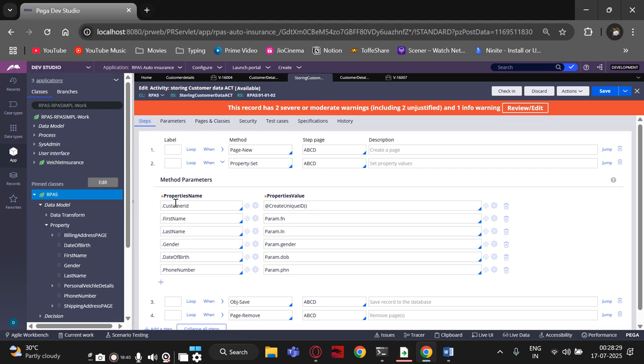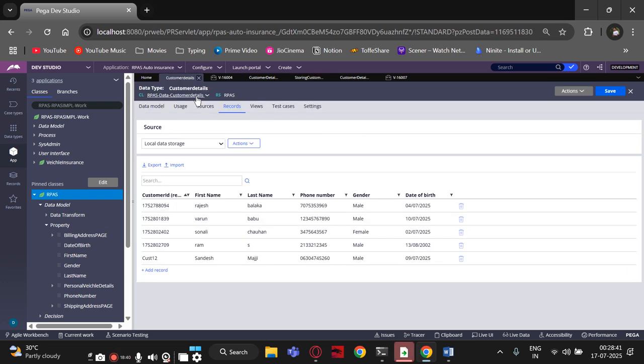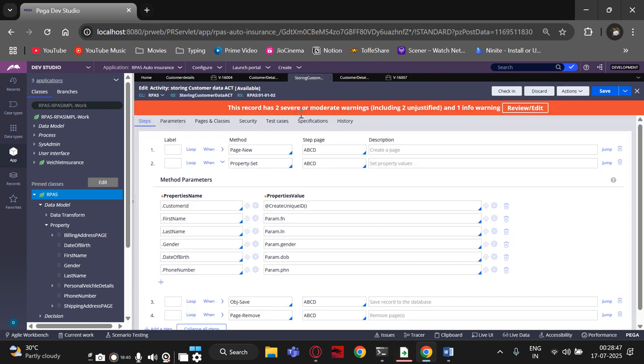Okay, in this video what we are going to see is, in the previous video we created an activity and passed the parameters, so that we achieved storing data into the table. Where is the table? Here the data is stored, but when we open the activity and run it,